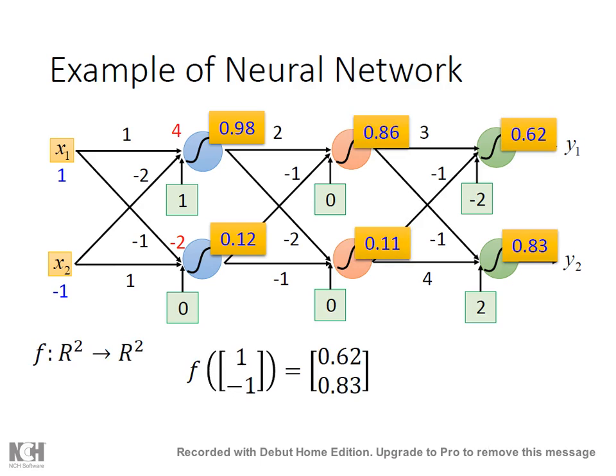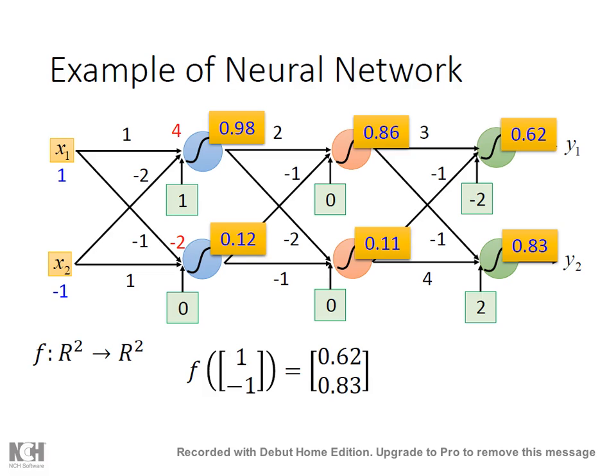Okay, so you see the final result looks like this. And you just compute all the results sequentially, and finally you obtain it here. Okay, so in this case, we can treat such a neural net as a function. This function maps from the R2 space to an R2 space. Here your input is two real values, and your output is also a two-dimensional real-valued vector. So it's mapped from R2 to R2.